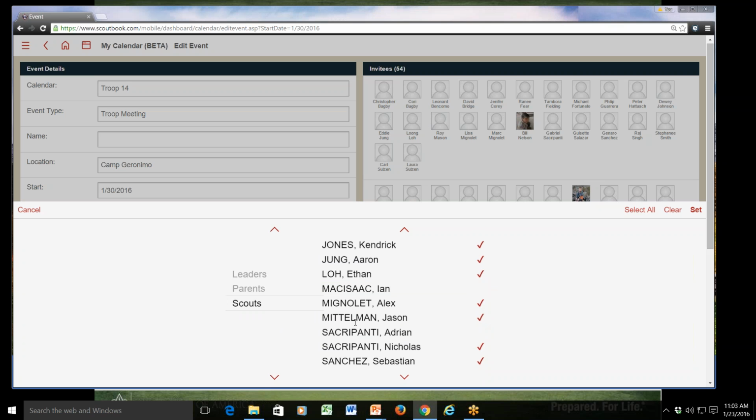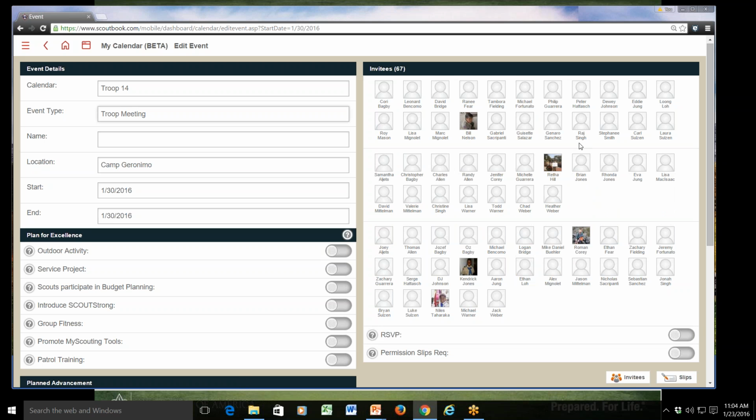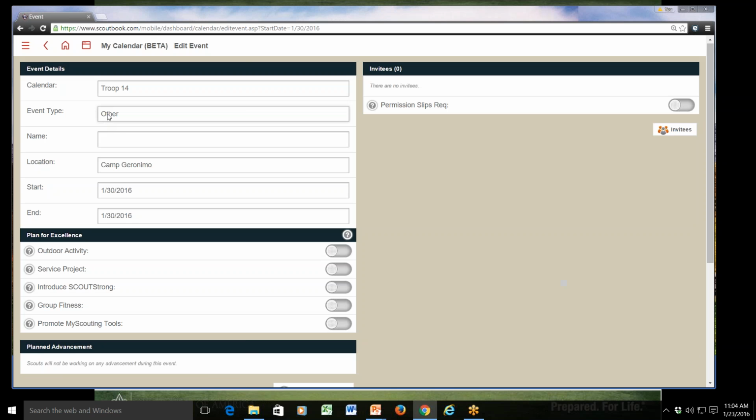Or if you know a scout's going to be out of town, you don't want to bother, you can unselect them. So that's a way of inviting people. We'll go more into invitations in a minute, but we're going back. This is going to be a non-standard event. I'm going to make it an Other type event. It's going to be the communications